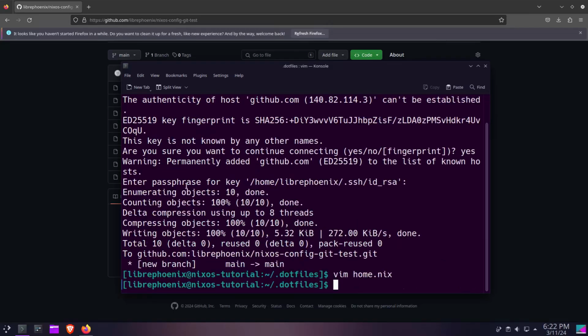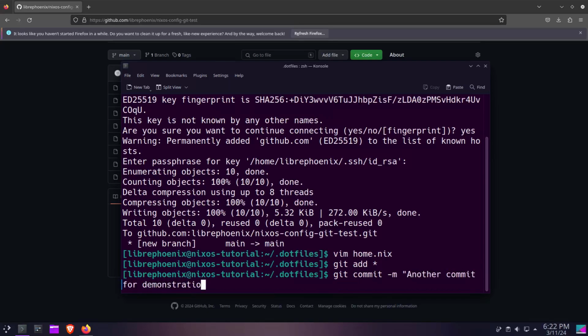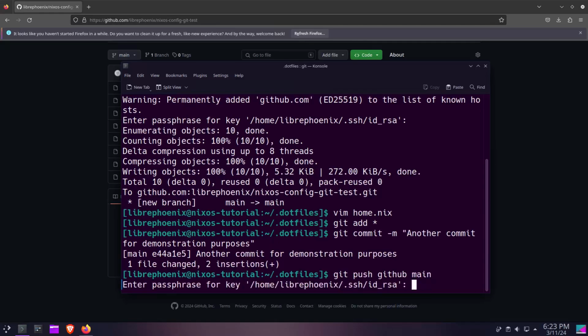There we go. Now I could go through the whole process again. So git add, I'll just add everything because, why not? Git commit -m, another commit for demonstration purposes. And then I would push it. So git push, GitHub was my remote name, main is my branch name, and